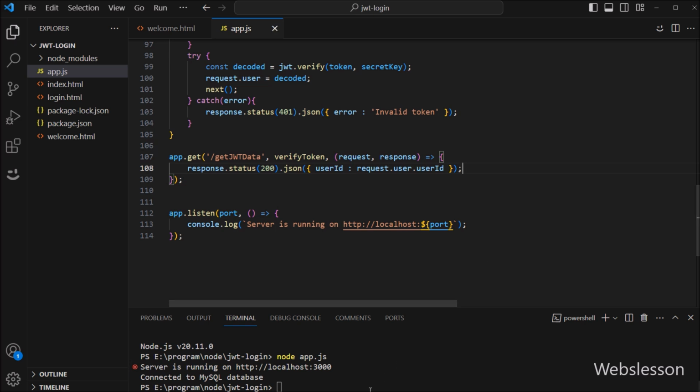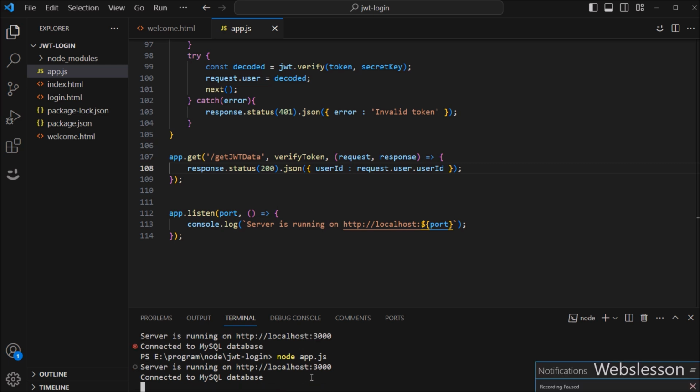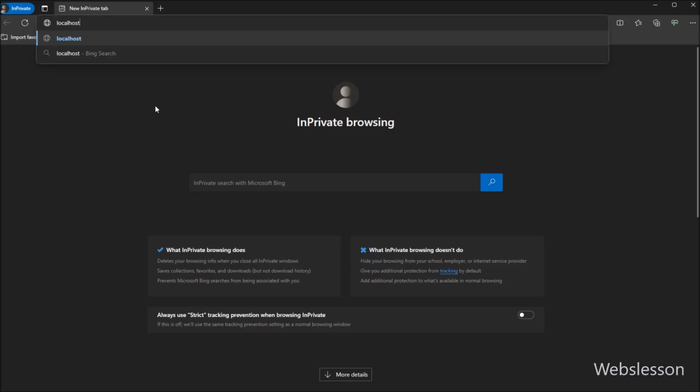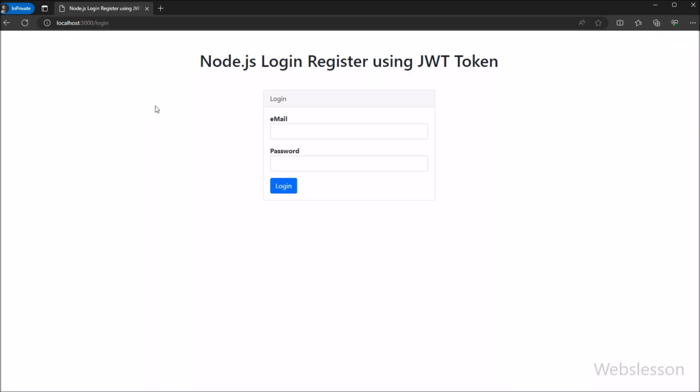Now we want to check the output in the browser. So first, we go to the terminal, and run the node app.js command, which will start the node development server. Now here, we have opened the login page in the browser, and here, we can see the login form on the web page. And then after, we enter correct user login details, one by one. After this, we click on the login button, and after clicking the login button, here we can see that we